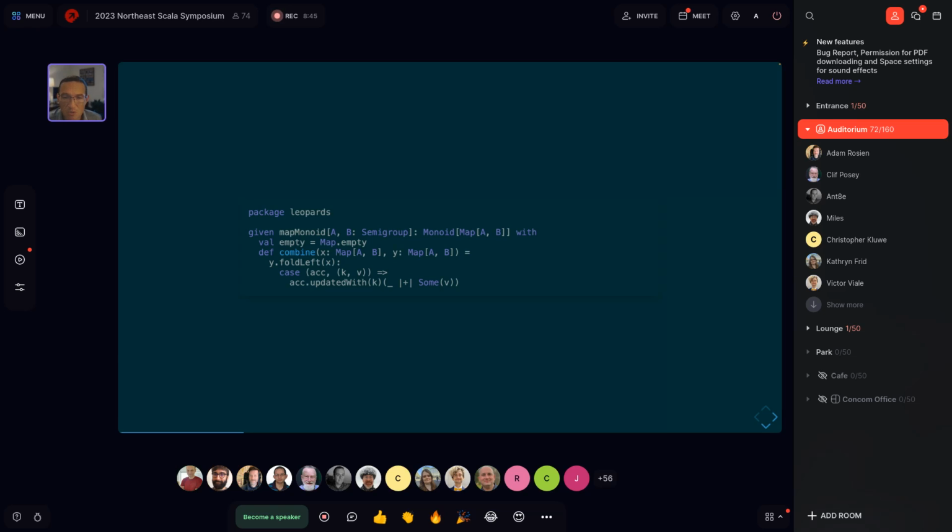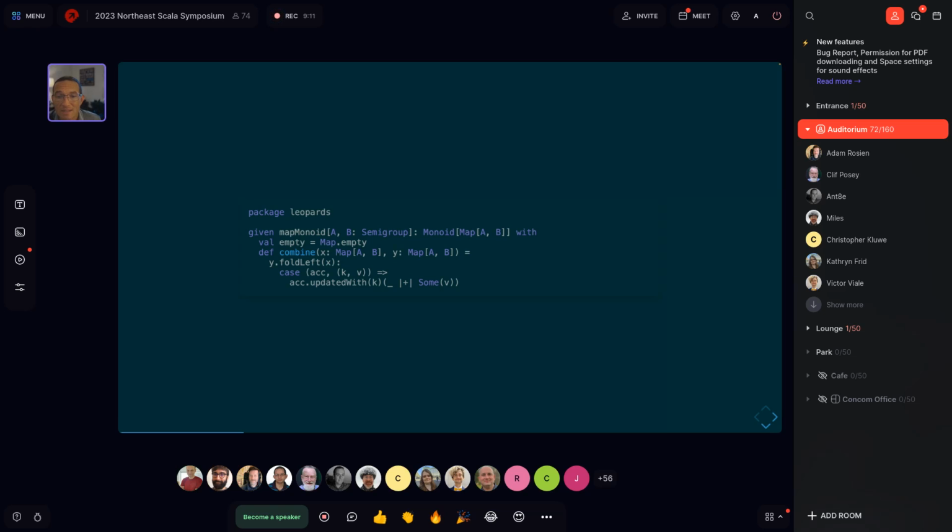So the key sets are the union of the key sets of the input. And if two maps have a value at the same key, then we use the semigroup instance to combine those values, right? So the output map at that key has the combination of the values from the input maps.